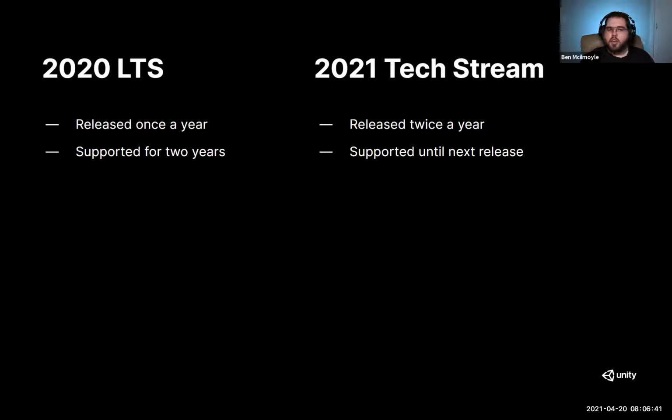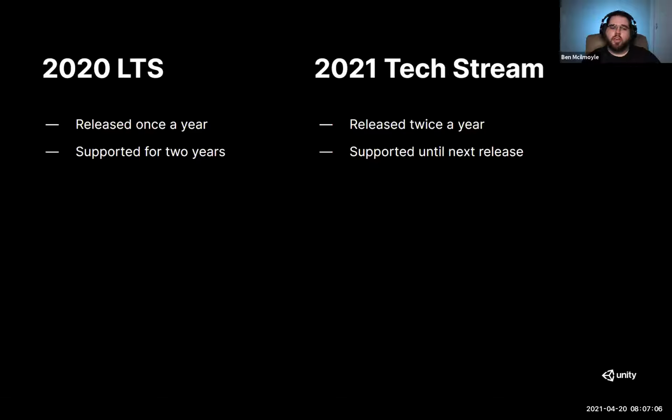The LTS gets updates and support for 2 years. So like I said, we're not adding anything new to it. We're not adding new features or anything like that. But if bugs do pop up, we will continue to maintain and support it for 2 years. It just came out a few weeks ago. So if you started using it now for a project, then it's good to go for 2 years. It's stable, and hopefully you'll be happy with that for a solid while.